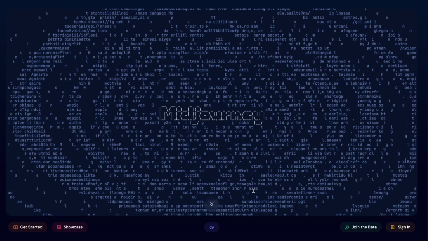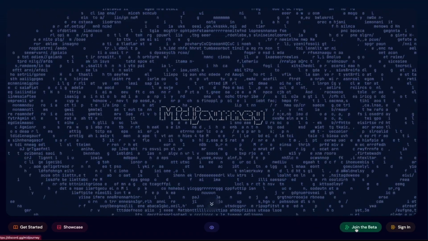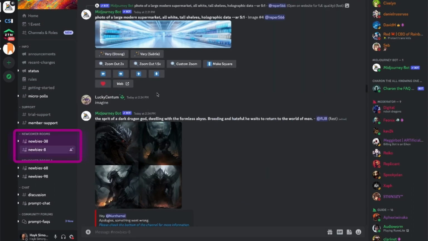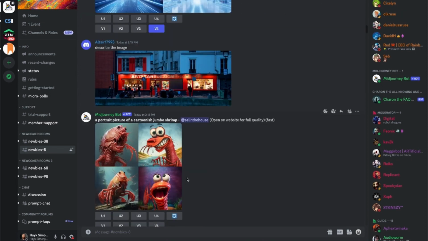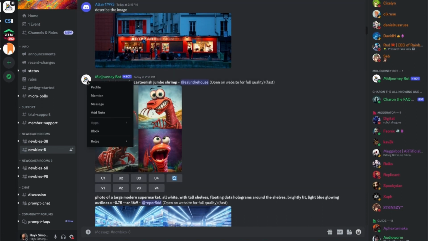To join the Midjourney server, head over to their website and click on Join the Beta here. Once you join the Midjourney server, you'll see their icon here on the left. Here you have those newbie chats where you can talk to the Midjourney bot to generate images. However, I recommend you start a chat with the Midjourney bot separately. That way it's way more organized and only you can see your generated images, not everyone else in the chat. To start a separate chat with the Midjourney bot, find it in this newbie channel, right click on it and select